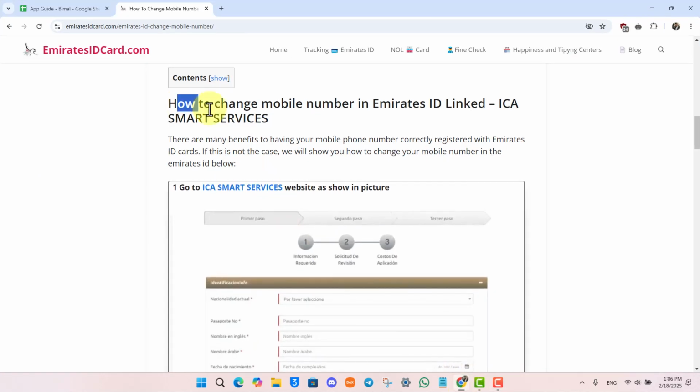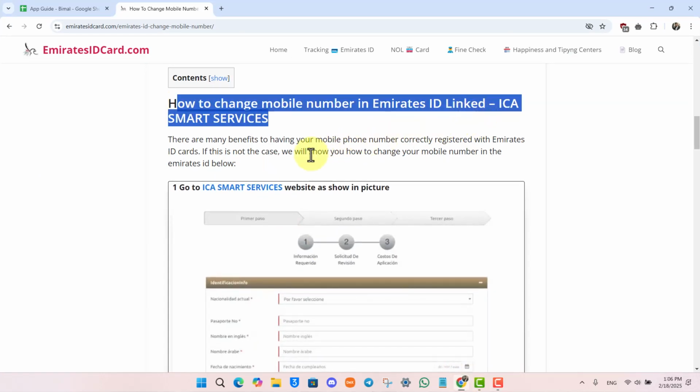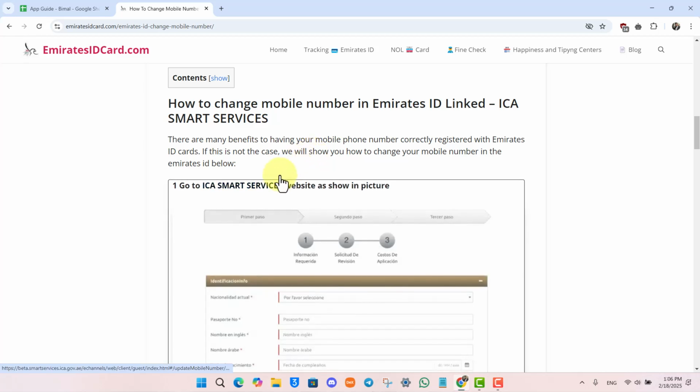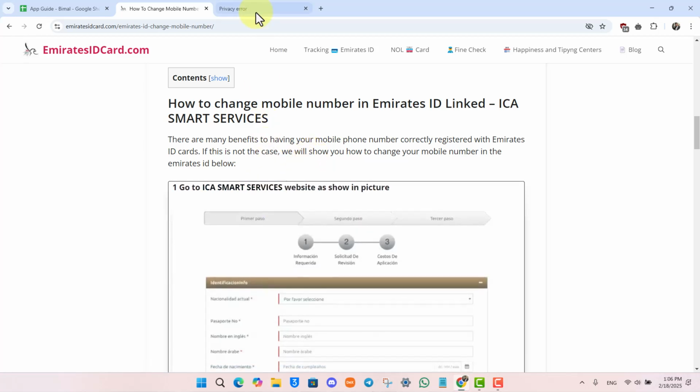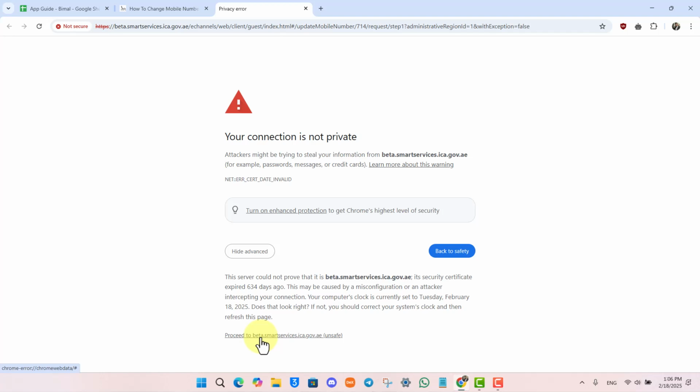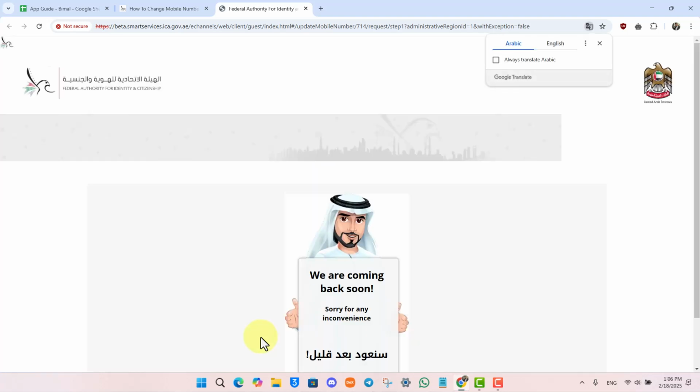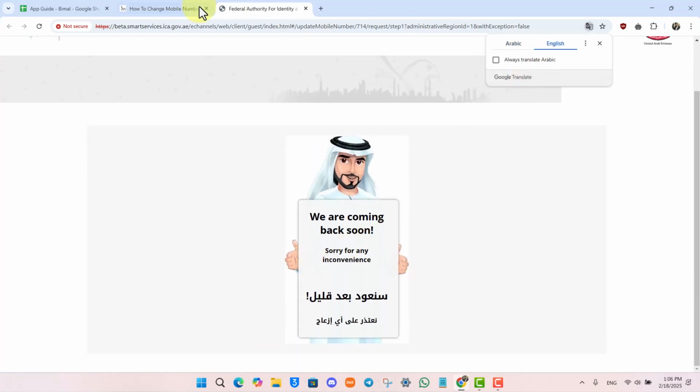First, in order to change your mobile number in Emirates ID, you must go to the ICP Smart Services website. So I'll make sure to drop a link below. You can go ahead and then simply proceed to the ICP Smart Services website like it is shown in this